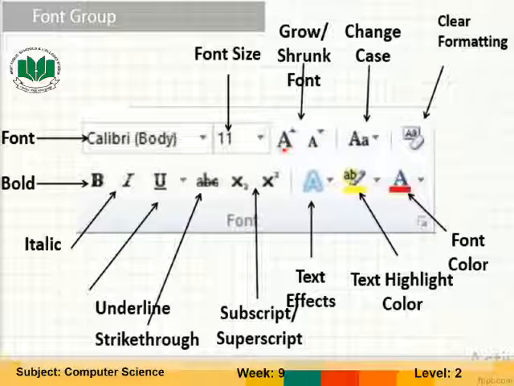It means that you can make the font size larger from here and smaller from here. And you can also adjust the font size with the help of that numbering.